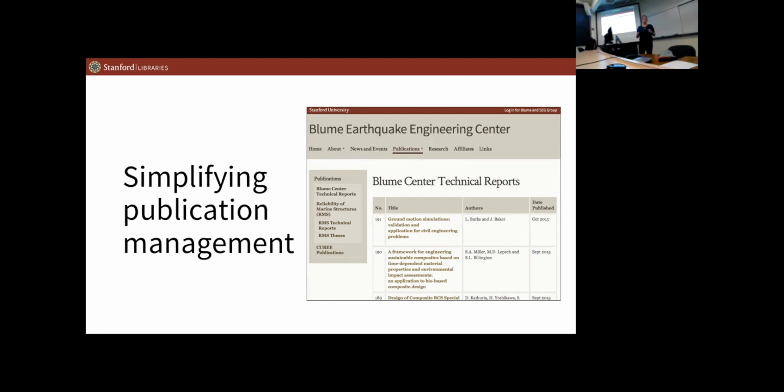And at some point we started talking to people like, hey, you should put those PDFs in the SDR. You never have to move those files again. You can just point to the persistent URLs that we provide out of the SDR. You just have to move those links with you to your next website platform. We are always going to be moving our websites. Website technology will always evolve, but the SDR's links will be persistent. So you can use the SDR to leverage your local departmental content in that